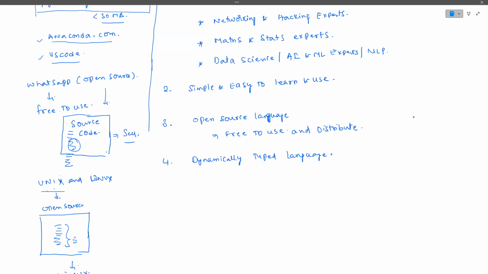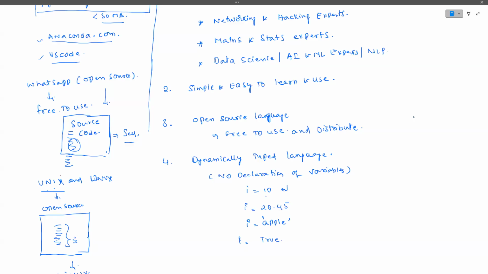So that's why this feature is what we call a dynamically typed language, which means no declaration of variables, guys. Directly you can give i equal to 10. No need to specify that it is an integer or a float. Immediately you say i equal to 20.45. Immediately you say i equal to, for example, apple. Immediately you say i equal to, for example, true. So in all the cases, it will work.